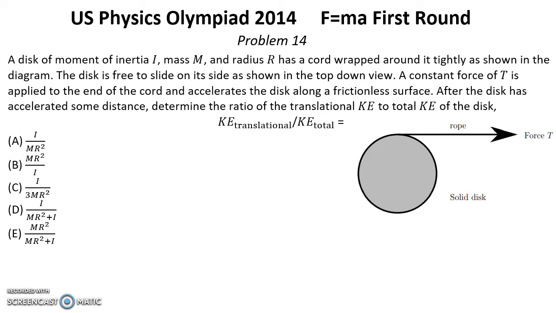Problem number 14. A disk of moment of inertia I, mass m and radius r has a cord wrapped around it tightly as shown in the diagram. The disk is free to slide on its side as shown in the top-down view. A constant force of T is applied to the end of the cord and accelerates the disk along a frictionless